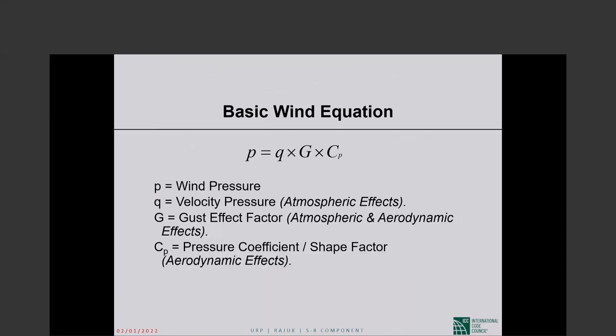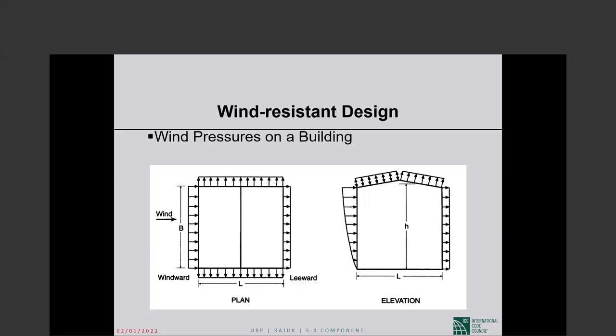So we are back to the basic equation. P is equal to Q G C sub P, except we know quite a bit about the terms now. We discussed Q early on. We discussed G. We now discuss C sub P. The next thing,